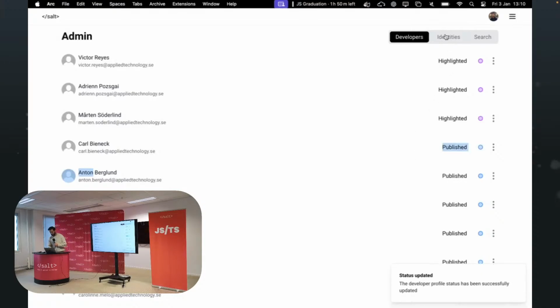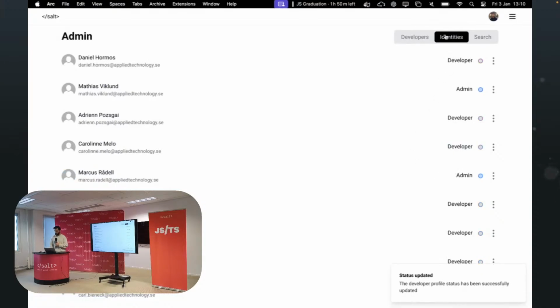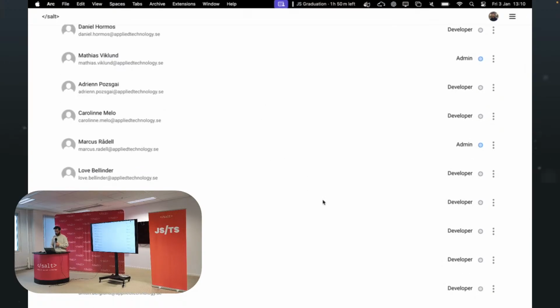And for identities, this is everyone inside of the application, such as Matthias and Marcus and all of the developers. And in the future, you guys will be in there too, with the assigned roles,